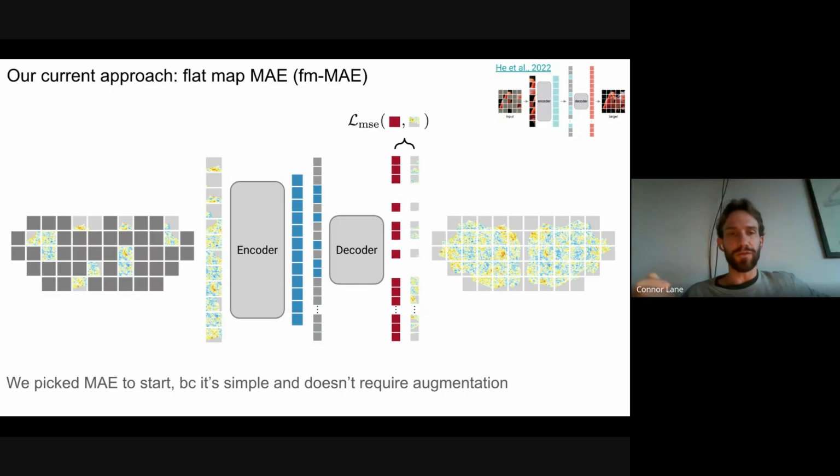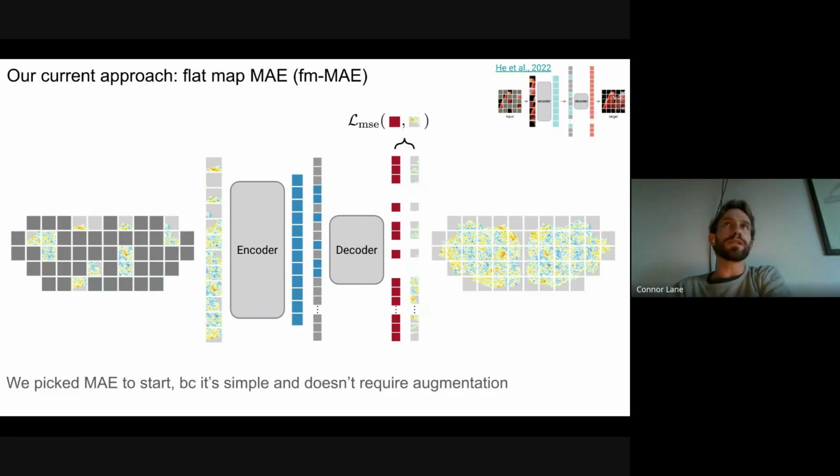But just to review, this is a self-supervised learning framework that trains vision transformers to reconstruct the unobserved masked patches given a sparse set of observed patches. So you have an input which is mostly masked on the left. The unmasked observed patches are passed through an encoder model, which computes embeddings for the observed patches, and these pass through a smaller decoder, which makes predictions for the unobserved masked patches, which are then compared to the original target patches from the data.